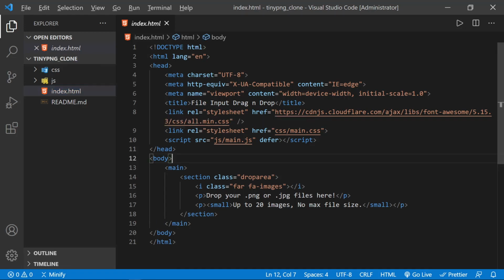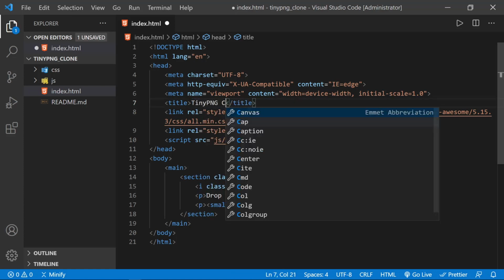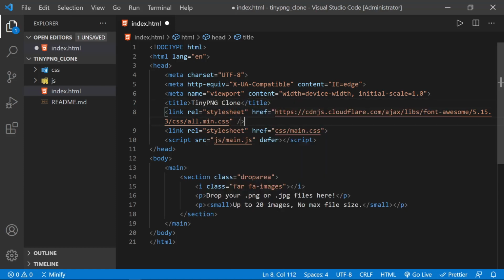I'll press Alt-Z to wrap the one line that I see extended beyond the screen. And you can see it links to Font Awesome right here. And then we have a link to our CSS style sheet and a link to our JavaScript. I'm going to change the title from File Input Drag and Drop to TinyPNG Clone. And after that, I'm going to change defer in the script tag to type module